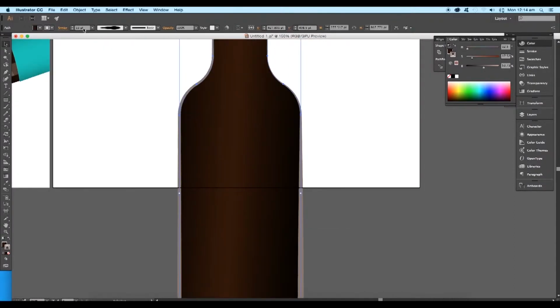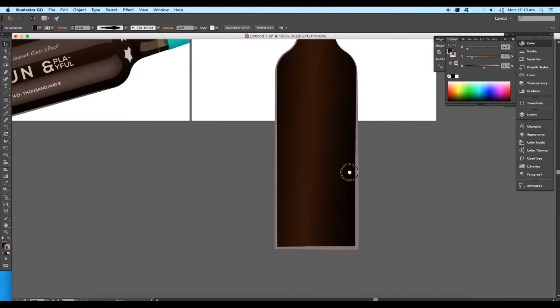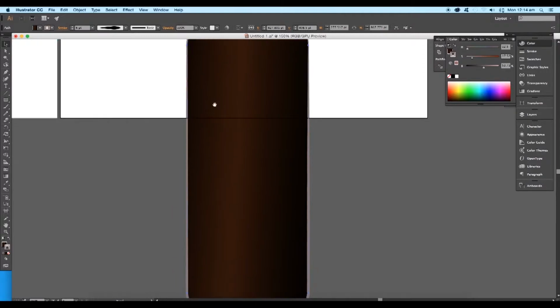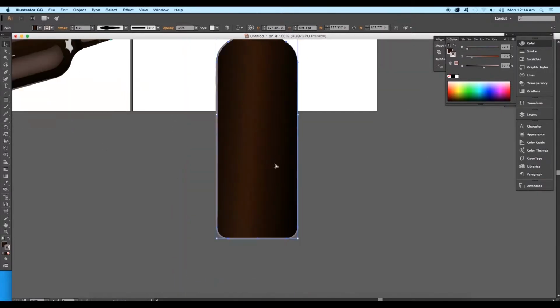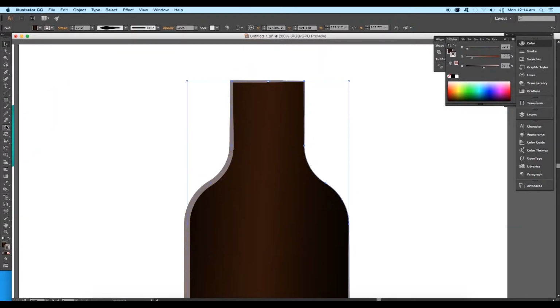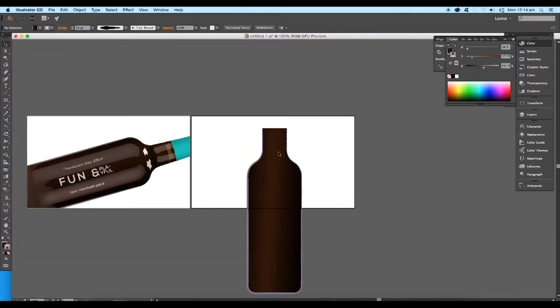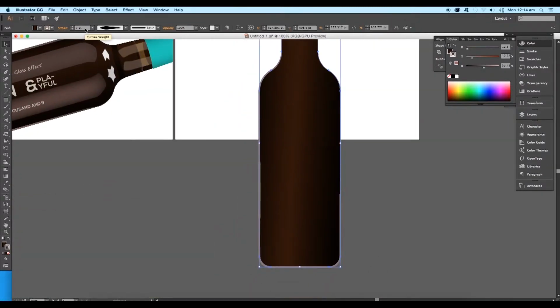Now adjust the stroke thickness and set the stroke profile to this. This will give an interesting effect to the thickness. To flip the stroke direction, go to stroke and click this flip along icon. Next, we'll remove the stroke from the top. So select the scissor tool, then click one on this corner and the other at this corner. Then select and delete it. Now set the stroke thickness to around 7 point.